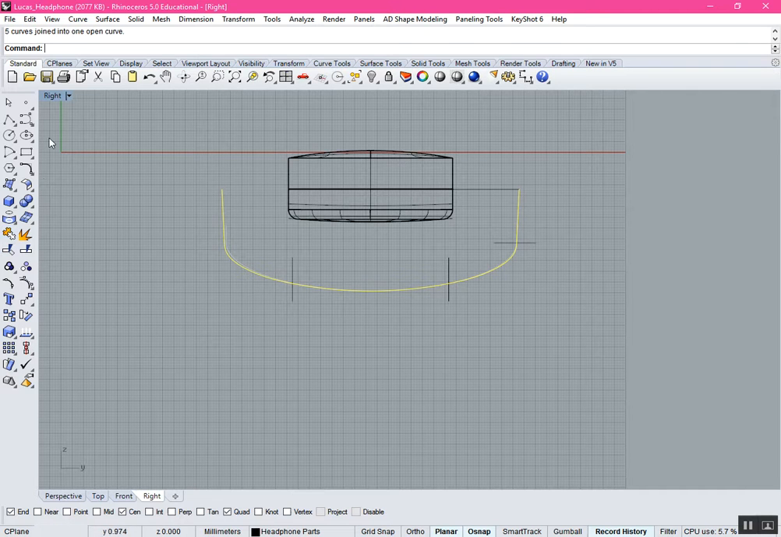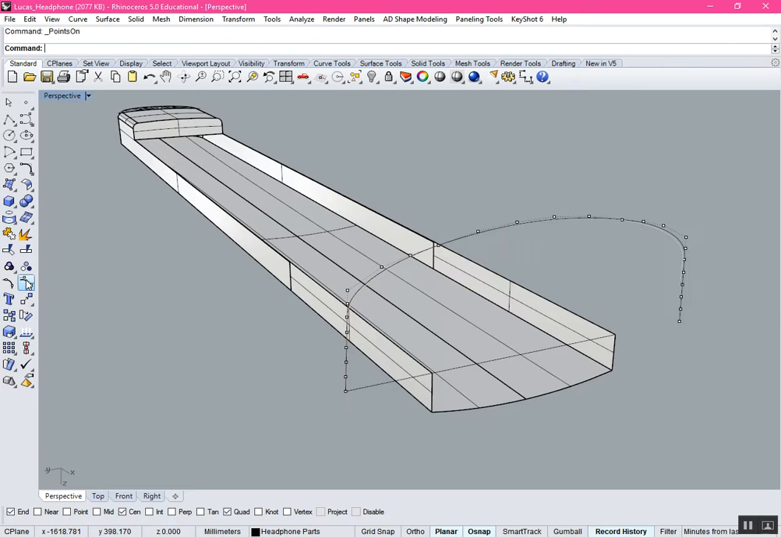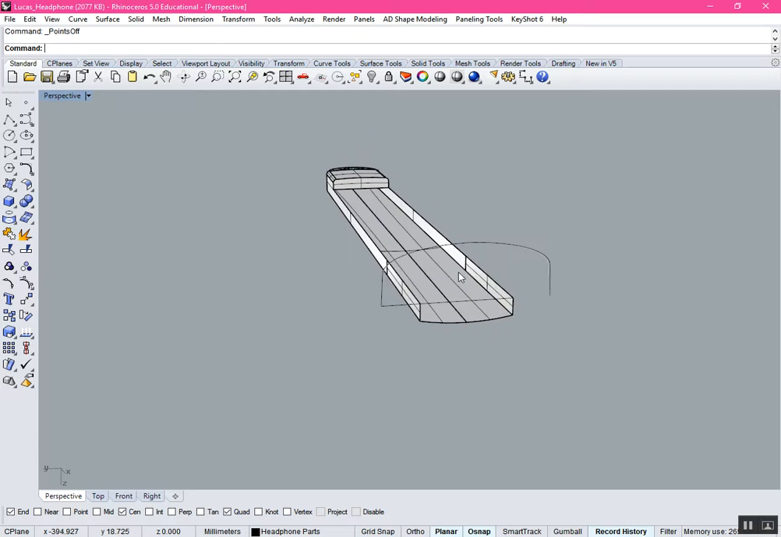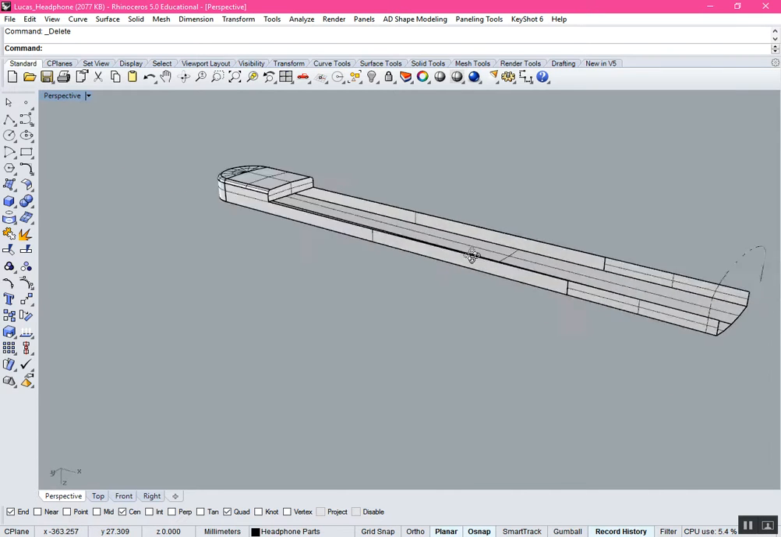Join. So we got a nice clean. Turn the control points on a little bit. Yep. So now, just leave that for right now. Okay, so